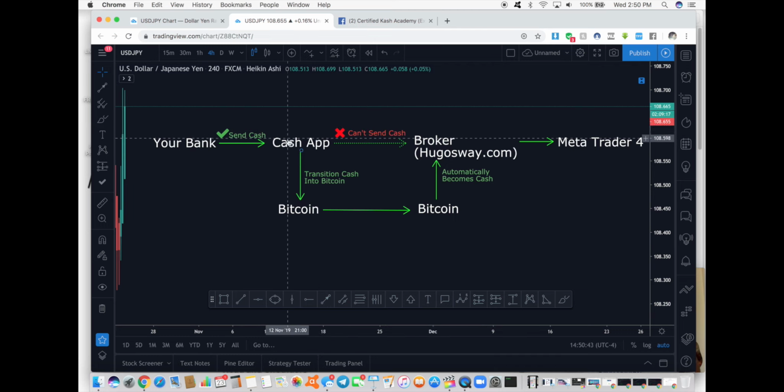So what you're going to do is, on the Cash App, transition the money that you want to load into your broker account from cash to Bitcoin right on the app, which is another instant transaction. Okay. Now I'm going to walk you through the steps on how to send the money from your Cash App in Bitcoin to the broker, Hugo's Way, in Bitcoin. So that's what we're going to do. We can't send it as cash, so we're going to transition it to Bitcoin, send the Bitcoin from our Cash App